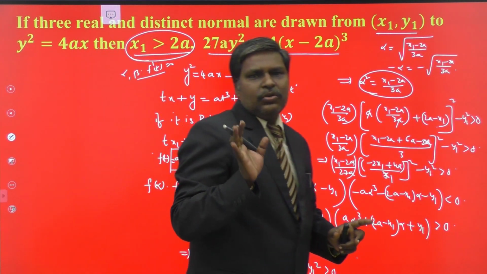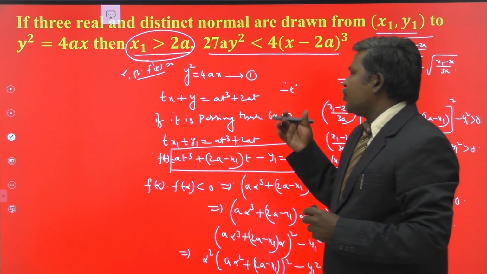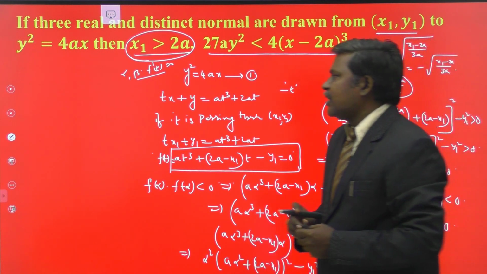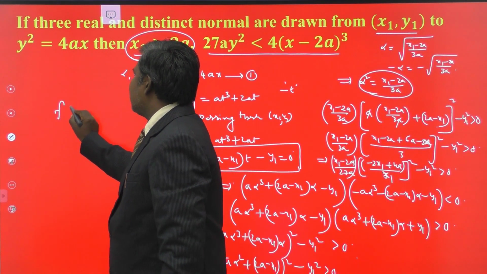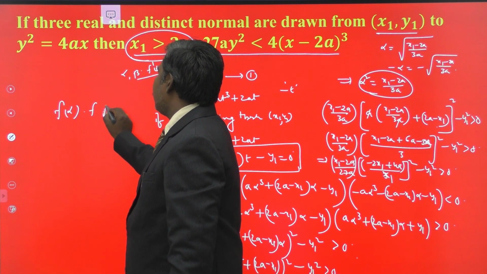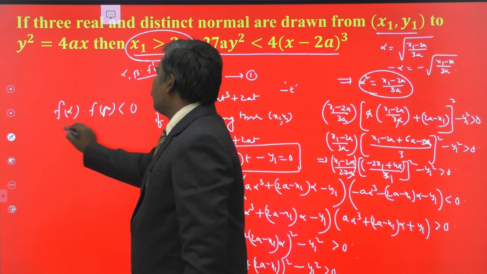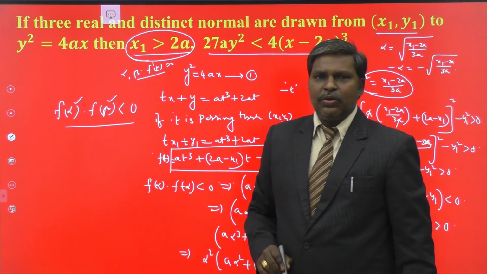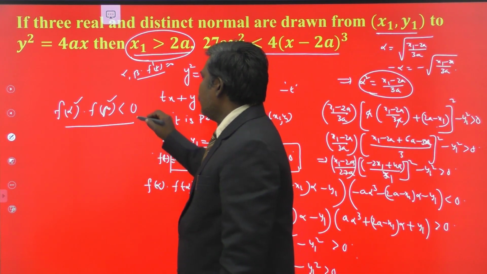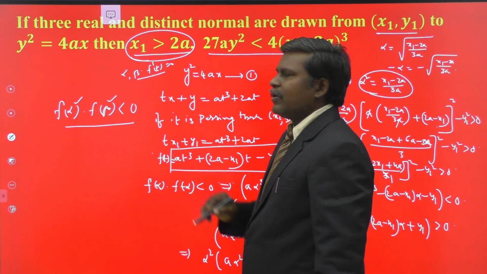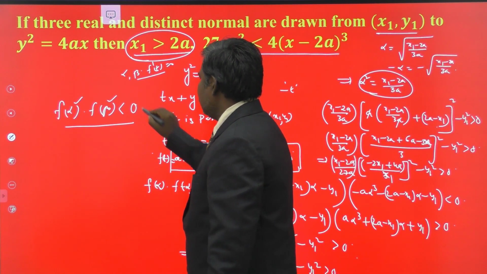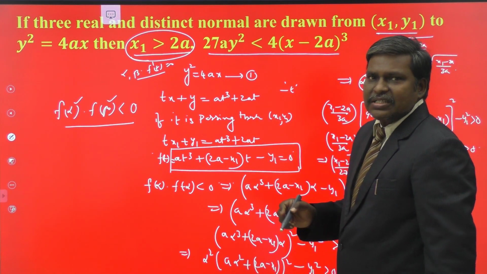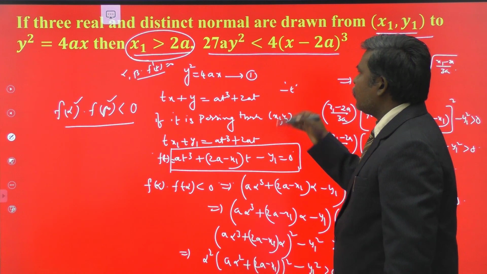So one and only thing you have to remember, my dear students, when you substitute both the roots in that f of t, that must and should be less than 0. Their product must and should be less than 0. So the basic concept is f of alpha into f of beta must and should be less than 0, where alpha and beta are the roots of f dash x is equal to 0. Roots of f dash x is equal to 0. At that time we get one local minimum and one local maximum. Understand? The points are said to be stationary values. Alpha and beta are stationary values. This is the way to prove this one. Understand?